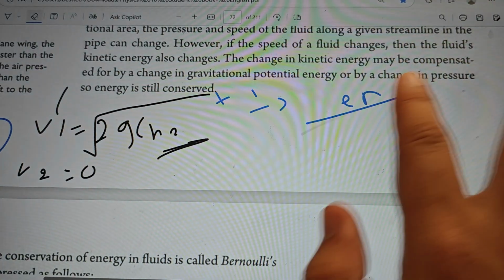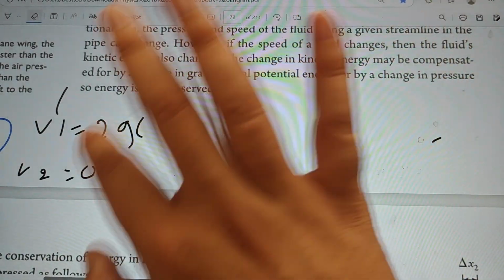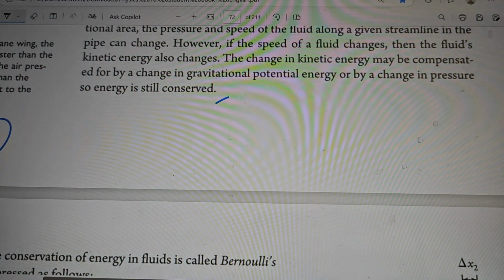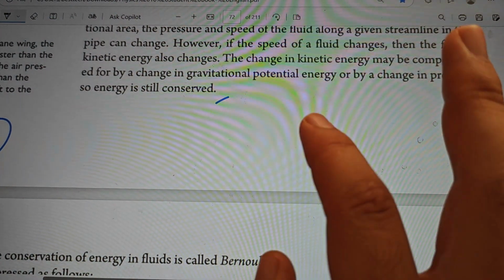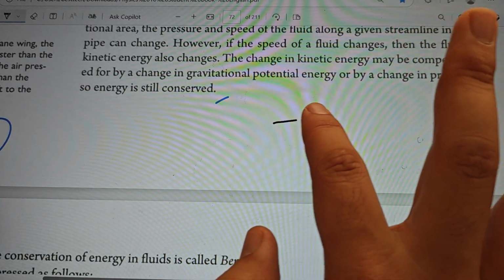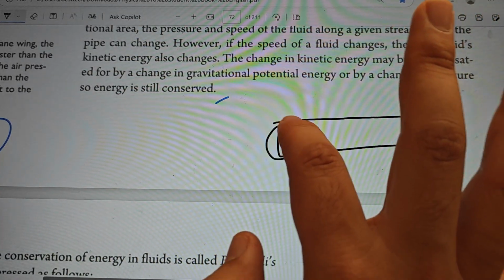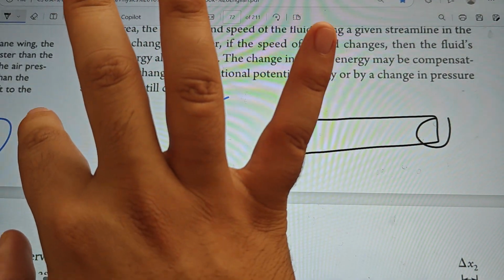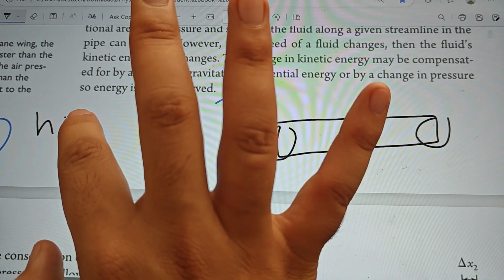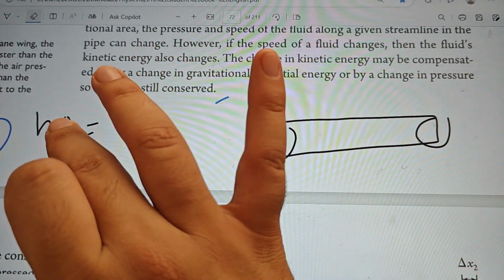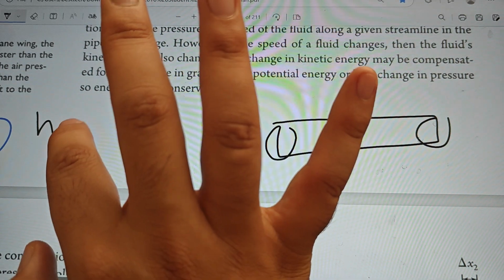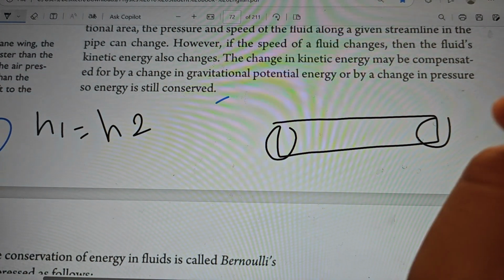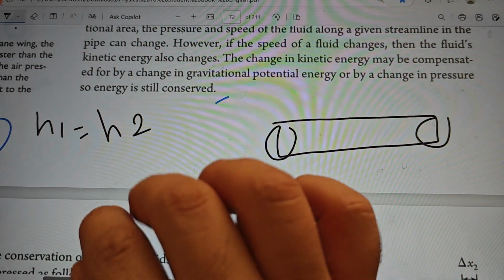The second, we have another case. This is the first case. Second case: if the pipe is horizontal, if the shape of the pipe is like that, horizontal, the first height is equal to the second height, then we are going to use this rule,